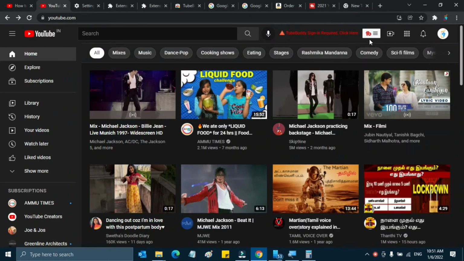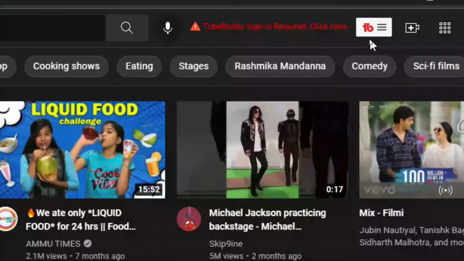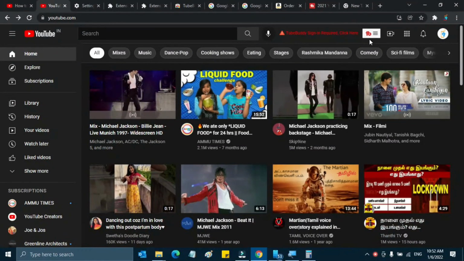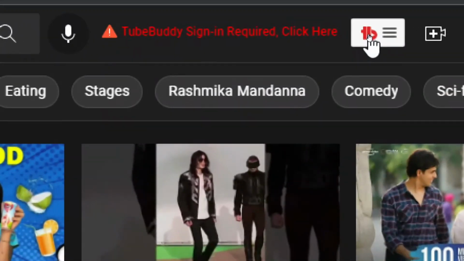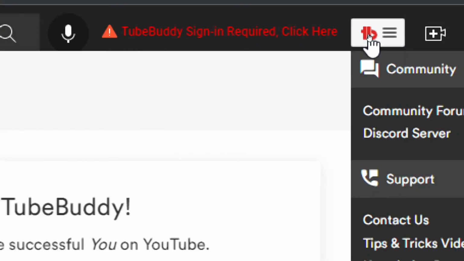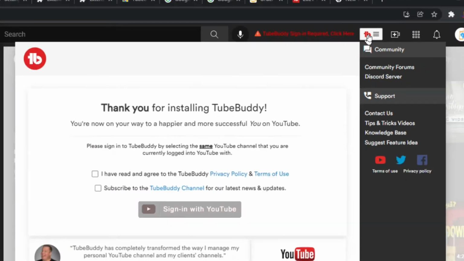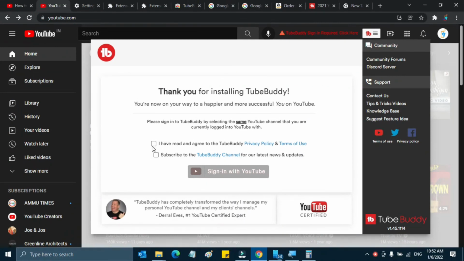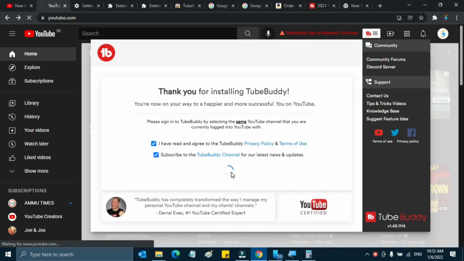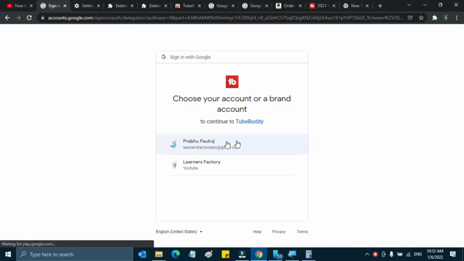Guys, here you can see my web browser shows that the TubeBuddy extension is added to my web browser, and here is the icon which the extension generates to sign in. So once I click on that, I need to agree to the details, and then I sign into TubeBuddy.